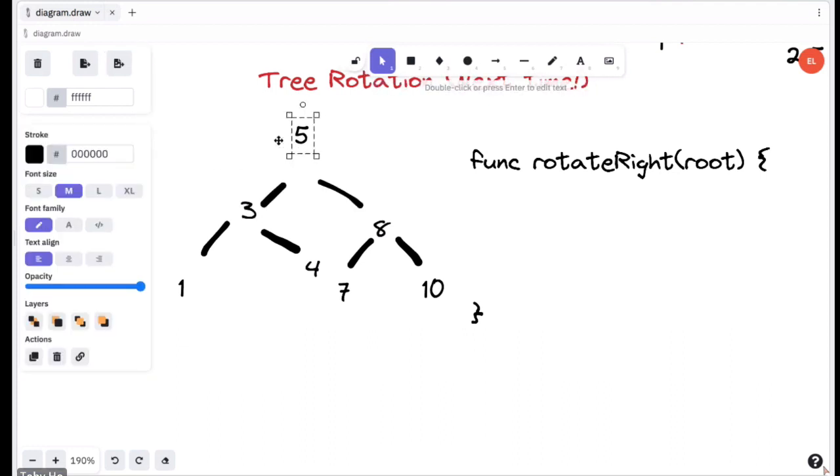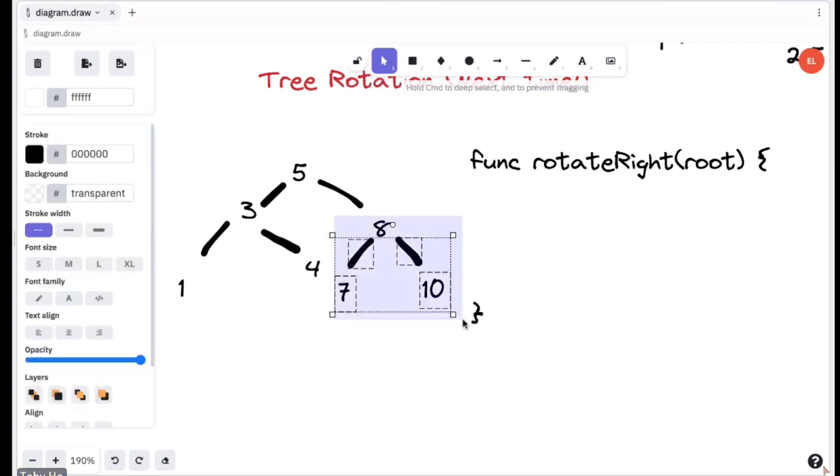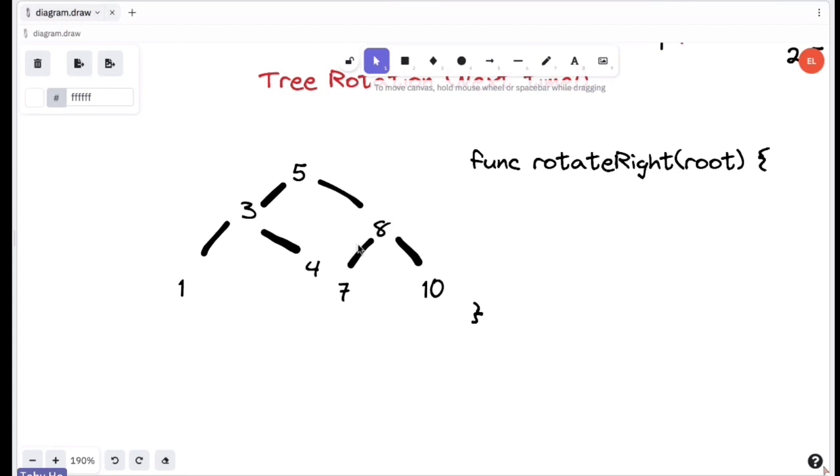Okay. Let's start over, and we're doing right rotate. So 3 is gonna... Let's delete this stuff for now, just to simplify this picture. Let's delete 7 and 10. And then after we rotate, it'll be unbalanced to the other side. Okay. So now